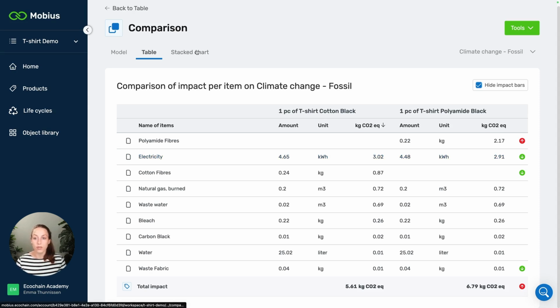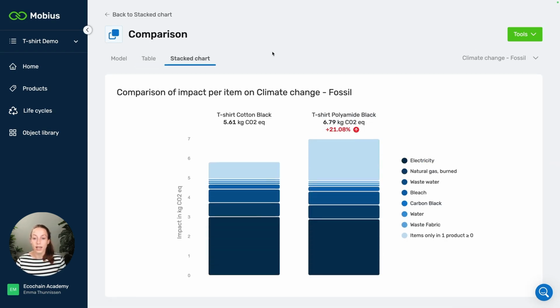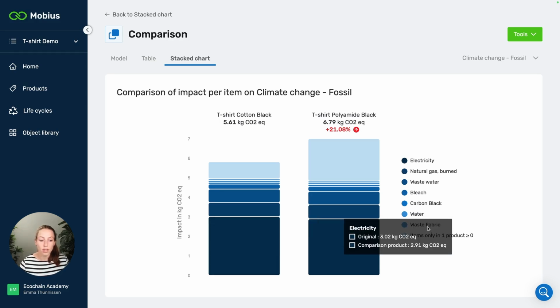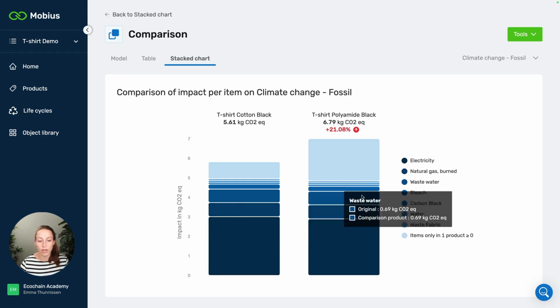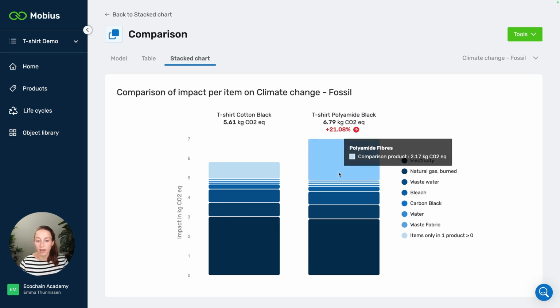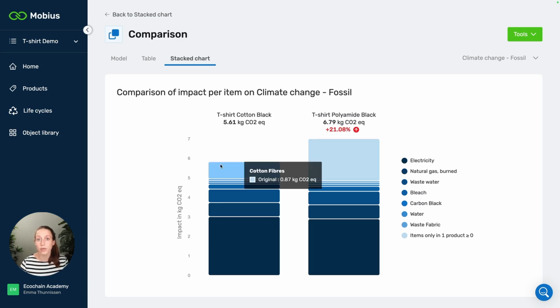The second results view we have to compare is the stack chart. So in the stack chart you see the two products next to each other, and you can see with the colors that for every item that they have in common, like electricity or natural gas, this has its own color in the legend, and then all of the items that are different for each product are indicated in light blue. However, if you want to see which item it is, you can hover over the graph and see which item it is,